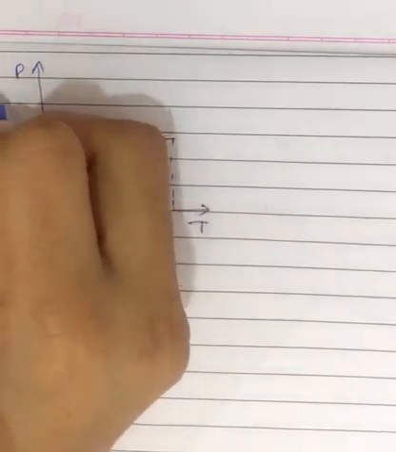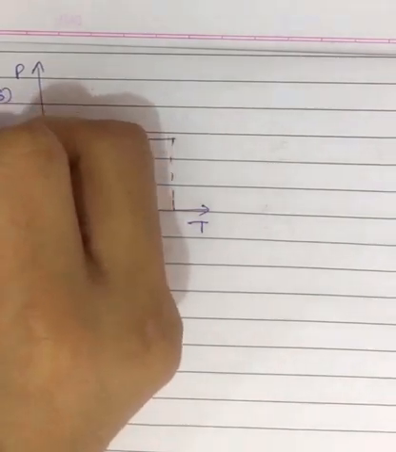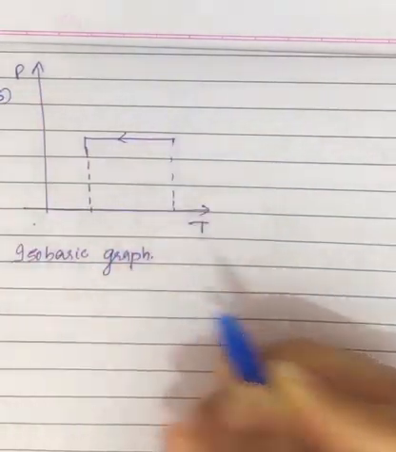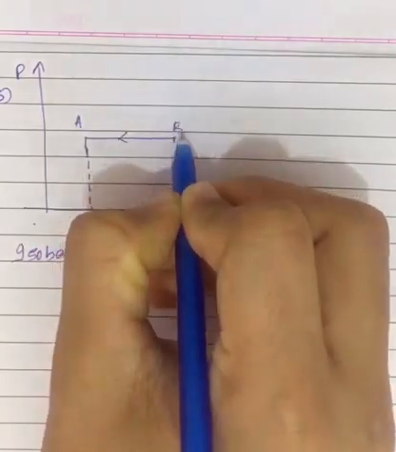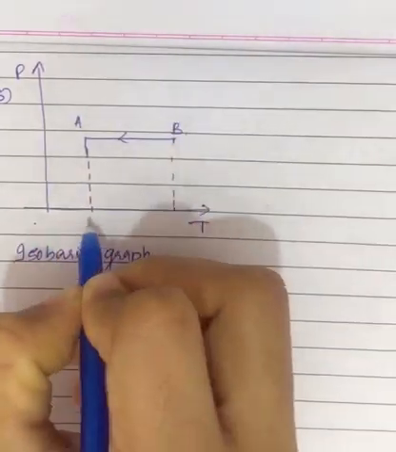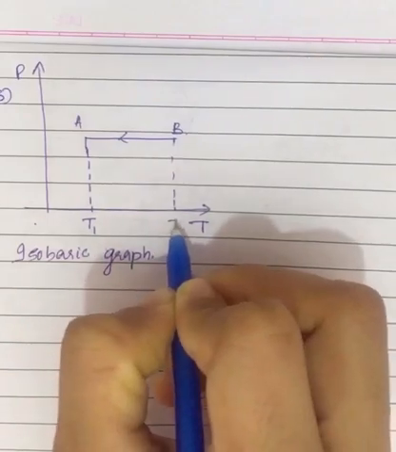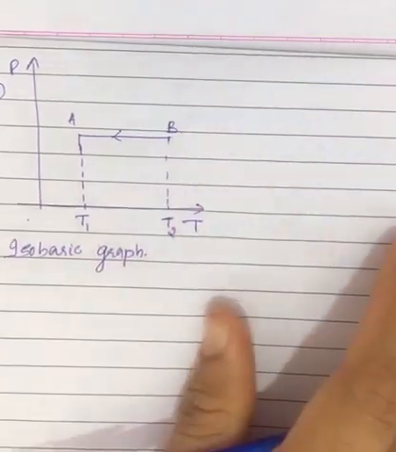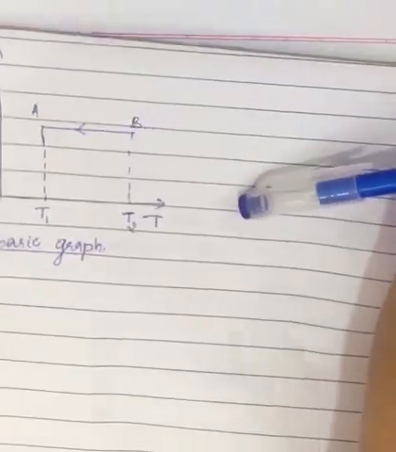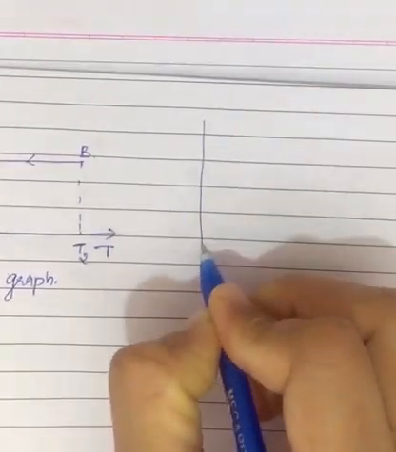Now the third one is the isobaric graph, where it is a straight line A, B, where temperature T1 is varying. Okay, now the fourth graph is, one more is there. Okay, the fourth graph is